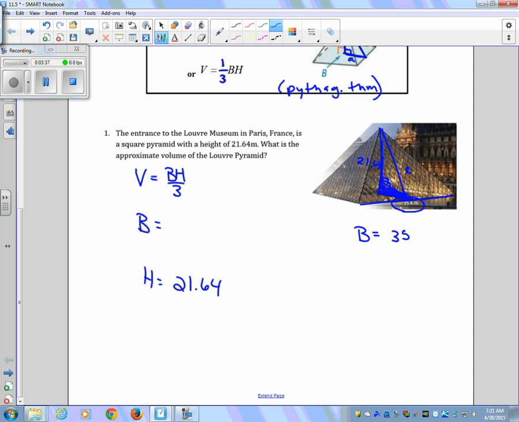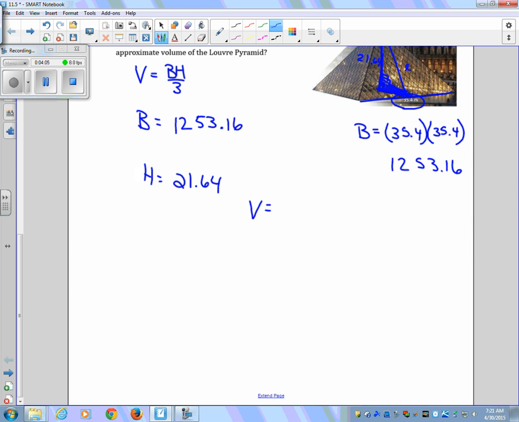And if we know that one side of the square is 35.4, then to find the area of the square, we just need to do 35.4 squared, or times itself, and get 1,253.16. So area of the base is 1,253.16. Height is 21.64. Volume is just going to be area of the base times the height